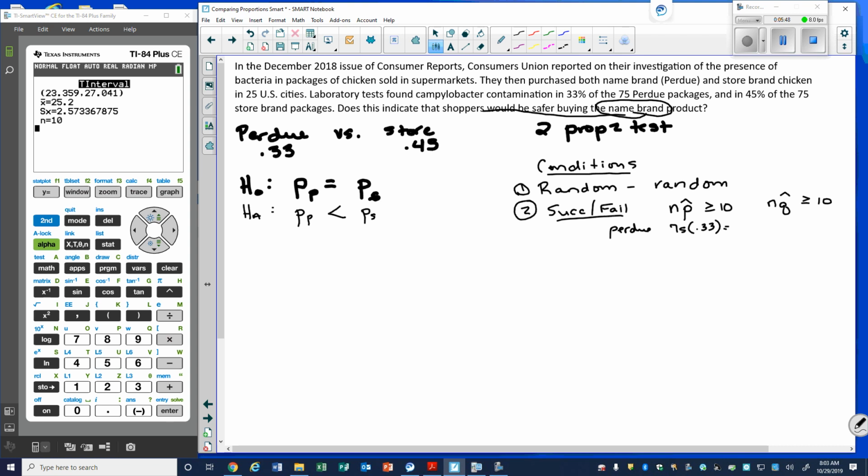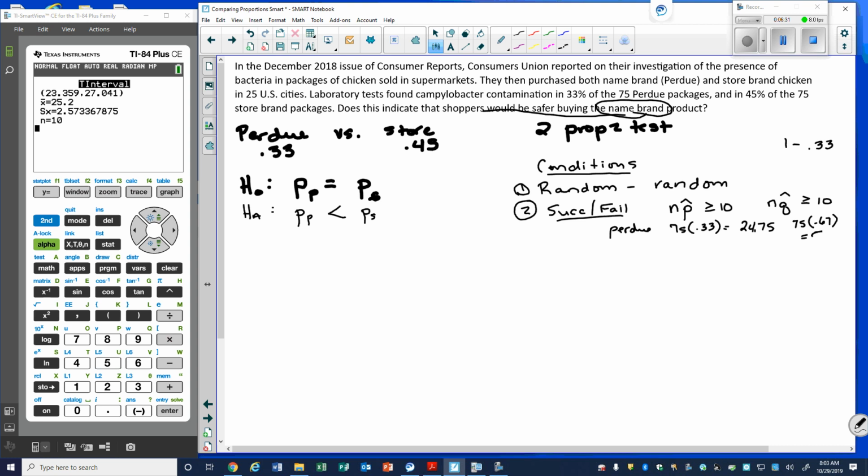And when I type that in, 75 times 0.33 gives me basically 24.75, which works for that. And then if I do 75 times the number of failures, well, if 33% of the packages were contaminated, then 1 minus 0.33 is going to give me the percent of packages that were not contaminated. So when I subtract that out, 67% of the packages were not contaminated, and 75 times 0.67 is going to